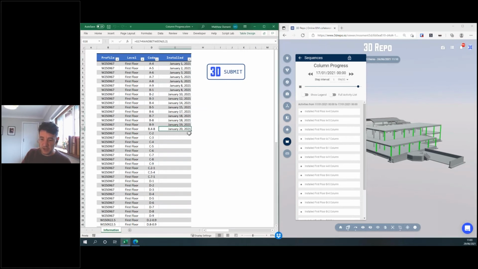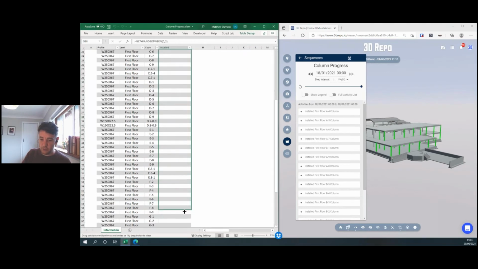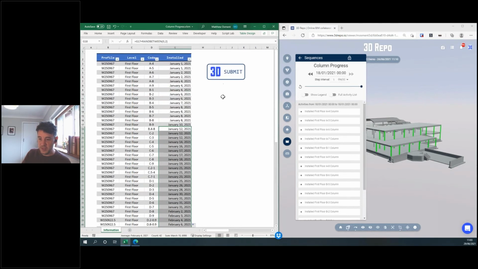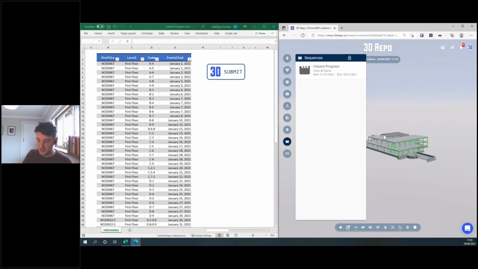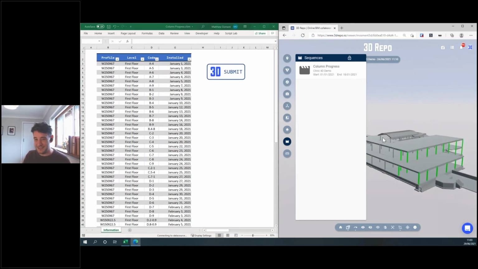And then obviously I can come through and pull that all the way down, submit that, and it would immediately show up in 3D Repo for anyone looking at it. So this is a very simple example. Obviously, as I'm sure some of you can appreciate, it's quite complicated to have examples for whole